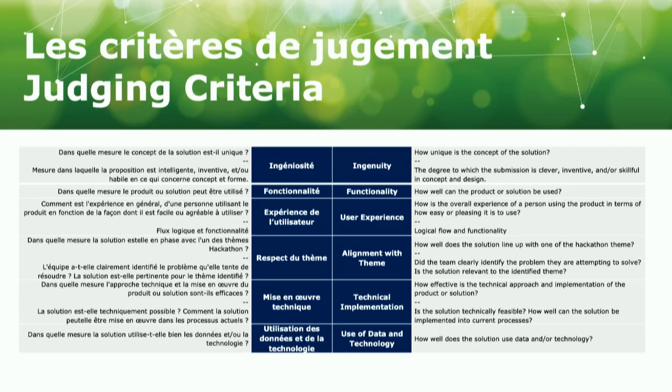A good first stop whenever you are thinking about what you're going to build is thinking about the evaluation criteria, so how the judges are going to be evaluating. Again, this will be put up on Slack so you can read it in more detail, but with equal weighting, the judges are going to be looking at the ingenuity, so how innovative your solution is, the functionality of your solution, the user experience, and the alignment with the theme. You saw that we have the 4 themes, so it needs to align with one of them.